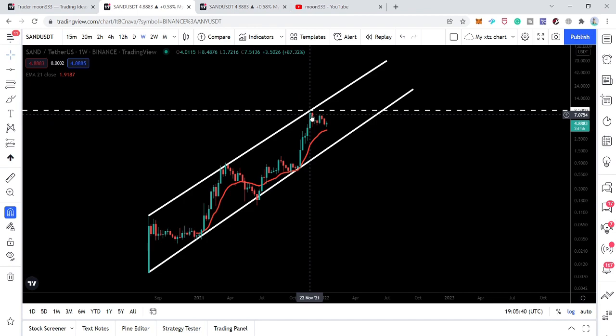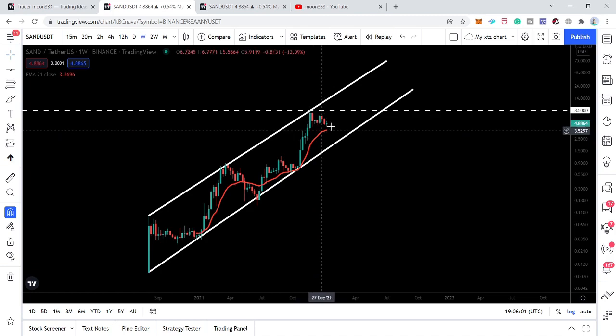2021. And by the way, this is a weekly time frame chart. Therefore, this is the candlestick that started on 22nd of November, and this candlestick represents 7 days. Now you can see that after this rejection, the price line is not moving down. It is moving sideways here. We also have a very, very strong support of weekly EMA 21, and you can see that it is also working as a nice support.